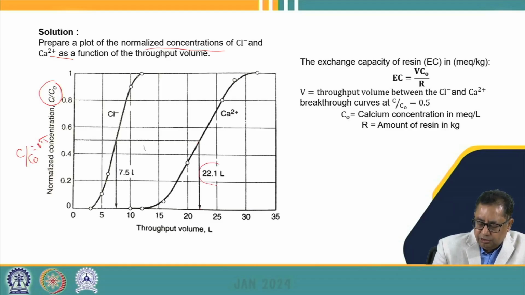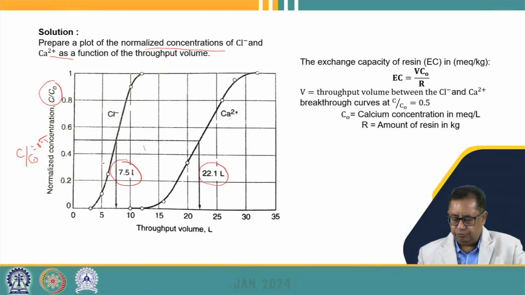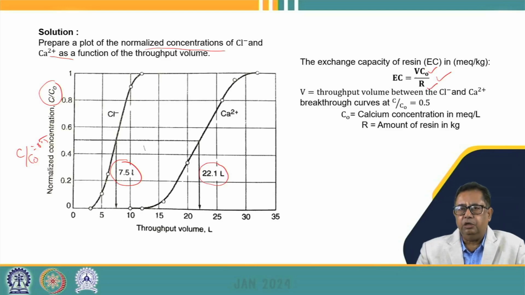For example, here 22.1 liters is required at the normalized concentration of 0.5. Similarly, the throughput volume required for the chloride ions is around 7.5 liters. So we can find out the exchange capacity from the throughput volume that has been passed. We are talking in terms of calcium ions, because we want to find the exchange capacity for the cations. So this is the throughput volume required for the calcium removal, C naught is the initial concentration of the calcium that we have put,